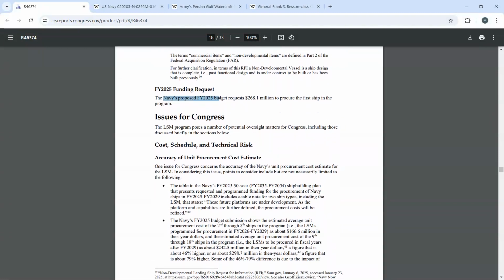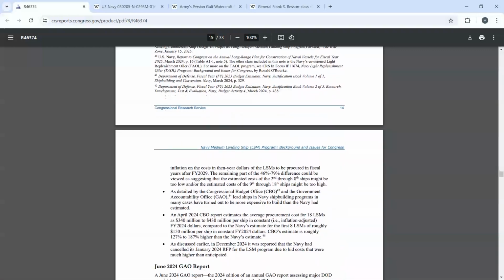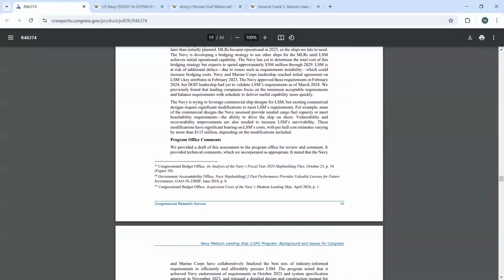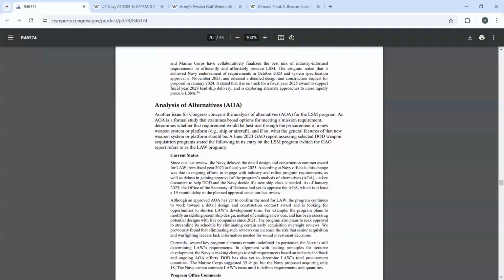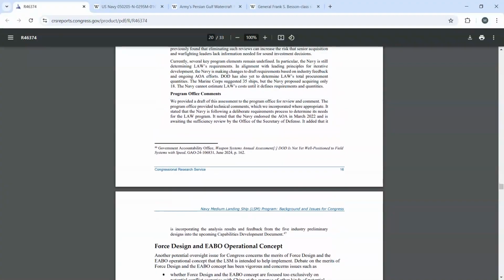With budgets these days, who really knows? All right, we're gonna now go down here, and here's where it kind of made me laugh earlier when I was reading through this. It's the analysis of alternatives. All right, it mentions here